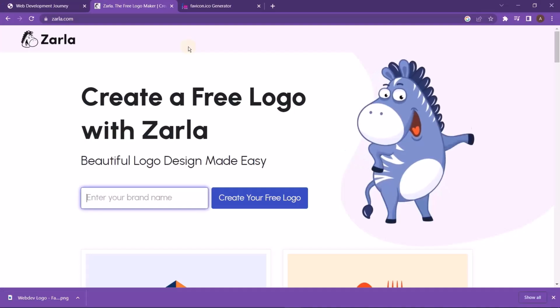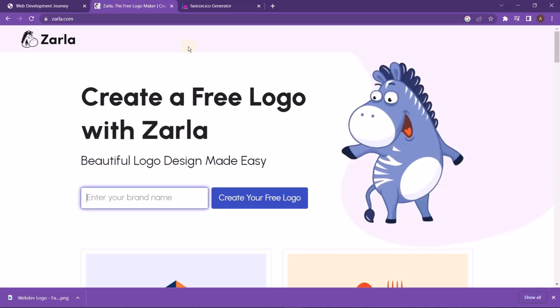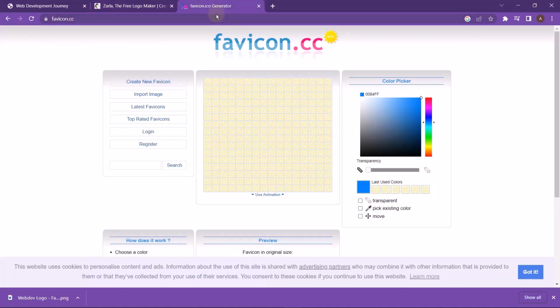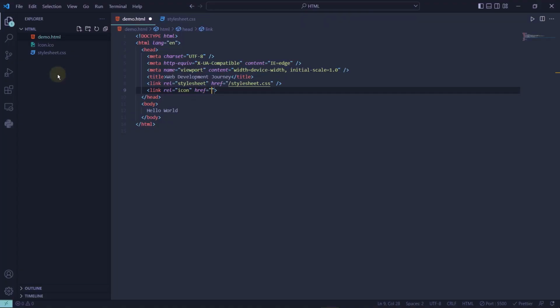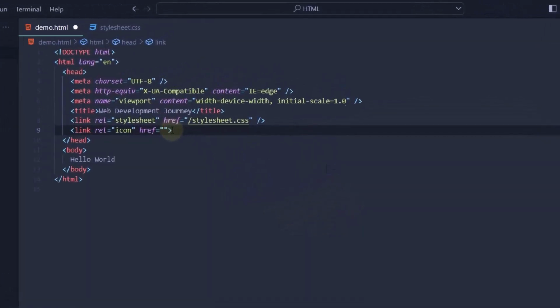which is a website that helps you create free logos, and then you can convert that logo into a favicon. Or you can simply head over to favicon.cc, which is a tool that is used by many people. Anyways, I have used zarla.com to create this favicon, which I'll be attaching to my HTML document. So I'm going to pass in the path as